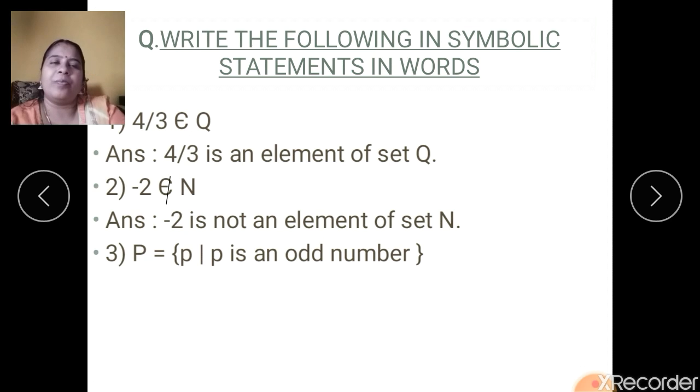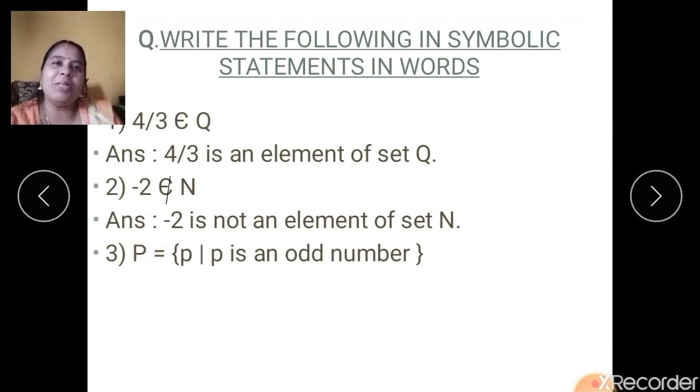See the third one. This is written in which form? I'm giving you time to think. Really think about it. Which form? Is it listing method or set builder method? Yes, I hope you got it, that it is in set builder method.